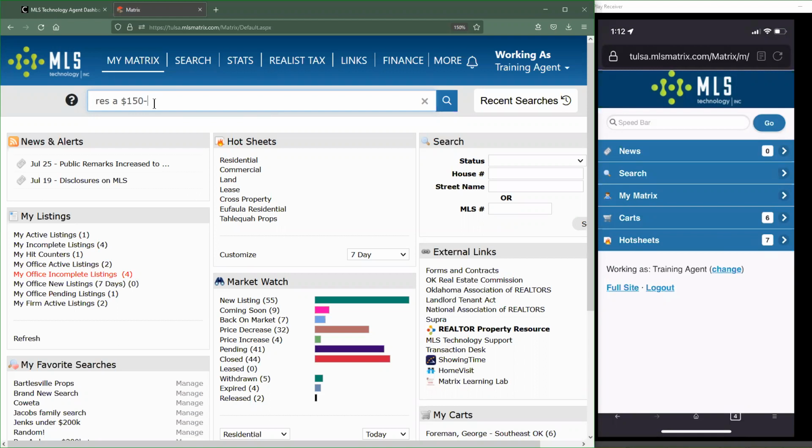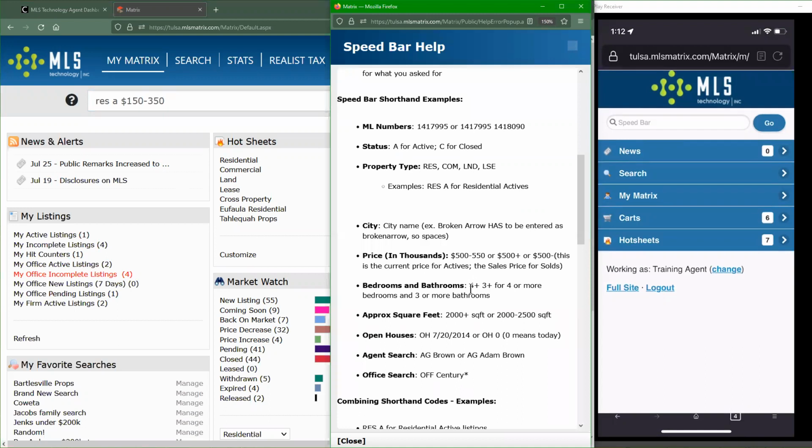And then it's also going to have the option to, let's put that 350 back, do bedrooms and bathrooms. So in this case, I'm actually going to do both. Now, just to be clear, if there is an unaccompanied number in the search bar, it's just going to automatically assume that the first unaccompanied number is a bedroom.